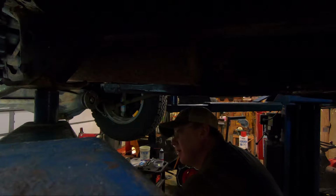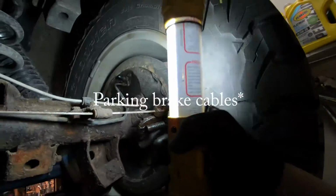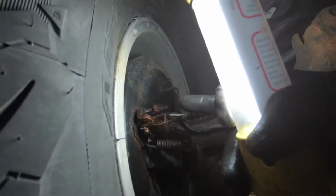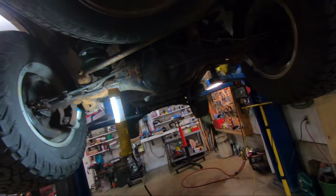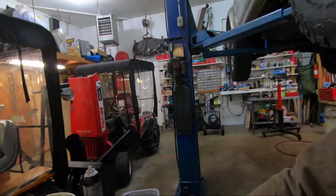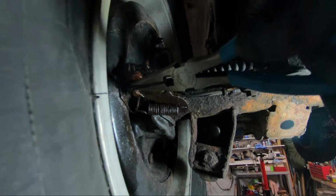I'll pull the wheels off quick. Actually, maybe I think next I'll take off these emergency brake cables and the brake lines. These just have a pin you pop out. And then the cable comes off and the brake lines just unscrew. Try and make it so you guys can see this stuff, but